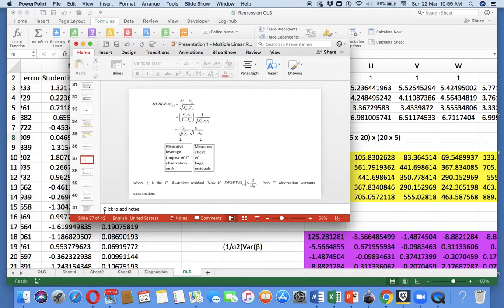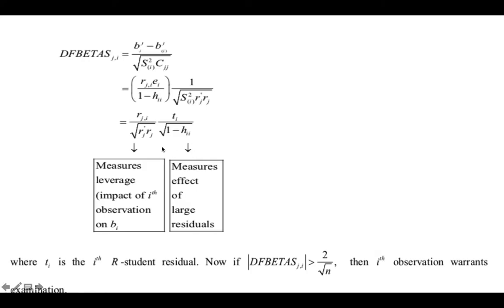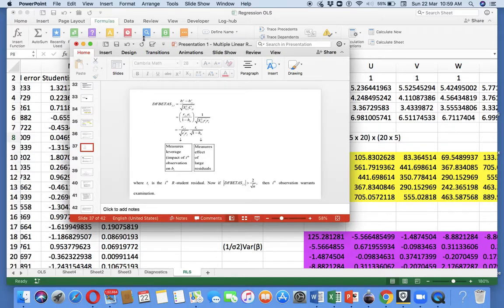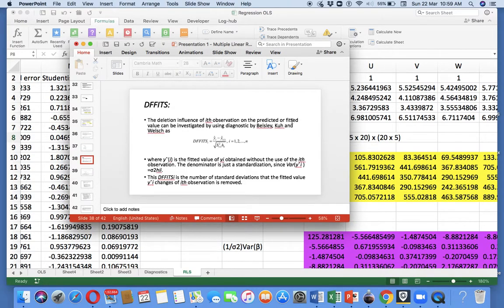DFFITS is calculated as, you could try this also, R_i, where R_i is the R student residual, where T is the ith studentized residual. So this we will think about later. I will now go to the interpretation.